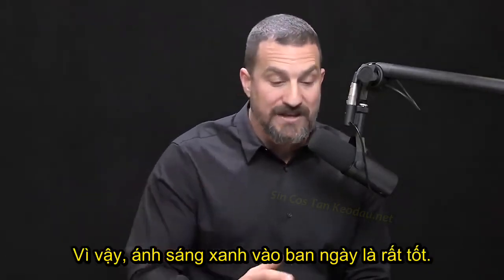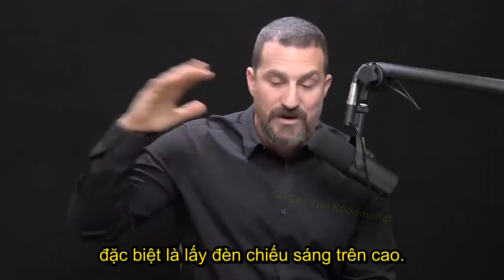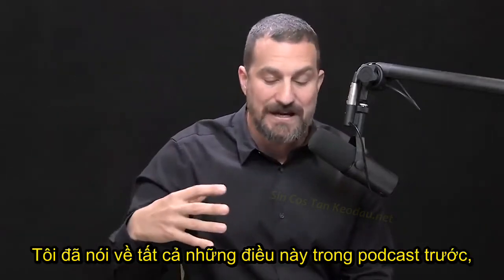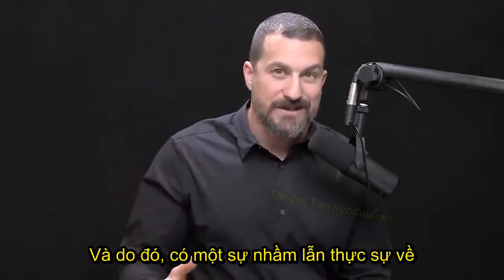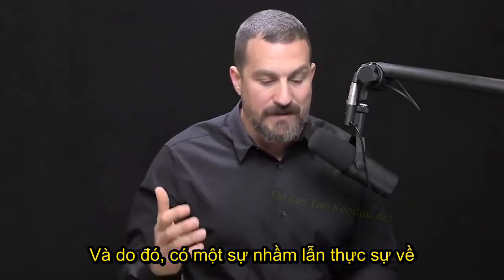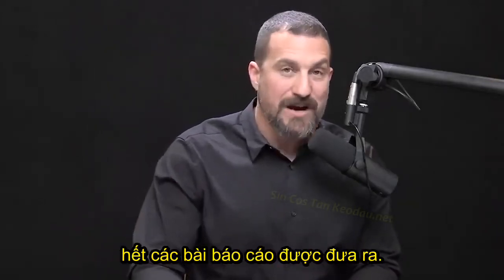So blue light during the day is great. Get that screen light, get that sunlight especially, get overhead lights. I talked about all this in the previous podcast. But at night, you really want to avoid those bright lights, and it doesn't matter if it's blue light or something else. And so there was a real confusion about the papers and the data when most of those product